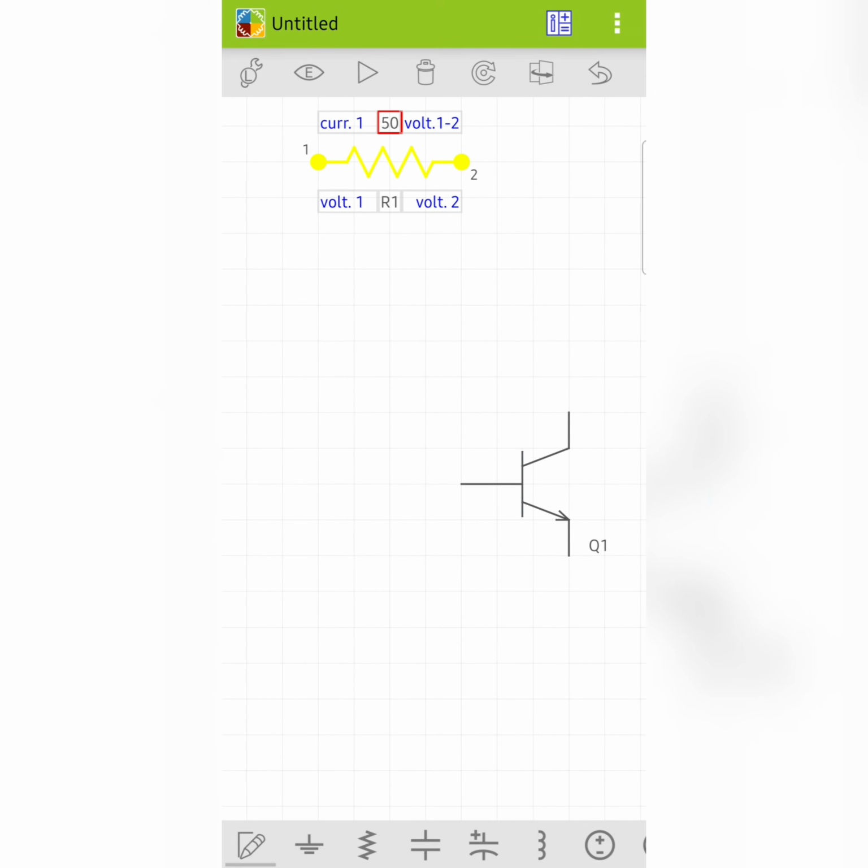Similarly, if you want to connect the components, you have to select this pencil icon given below, then connect the dots.